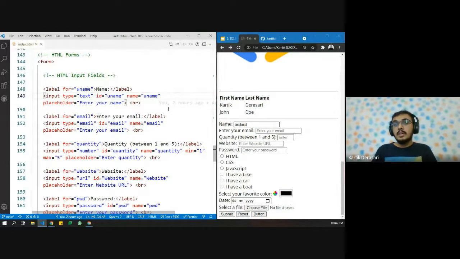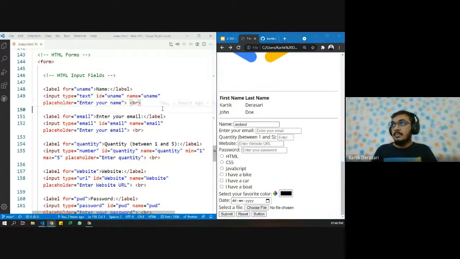Whenever we want to give a specific, unique ID to any HTML element, we use id. Please make sure that each and every ID is unique. So that is how id is used.